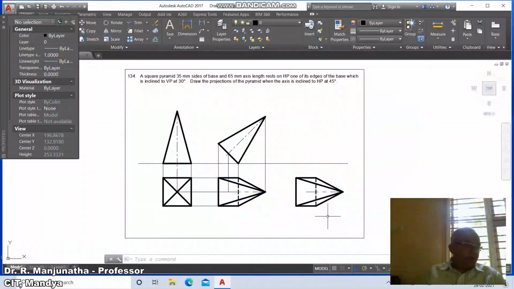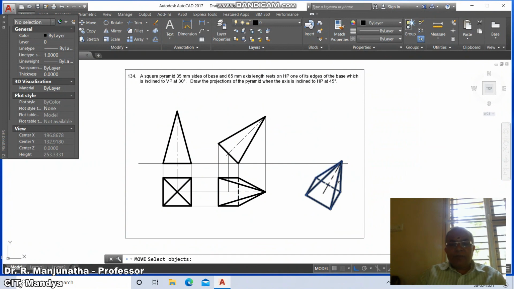Then once you do that, you just rotate this. Go to rotate, select this, take the intersection point of this, int of this. So what is the rotation angle? I want 60 degrees in the counterclockwise direction, so that you are going to get 30. And go to move, previous, move, select objects, you select this and say move this down and keep it down.